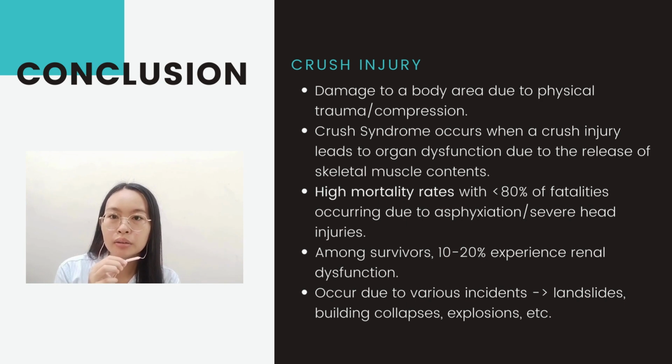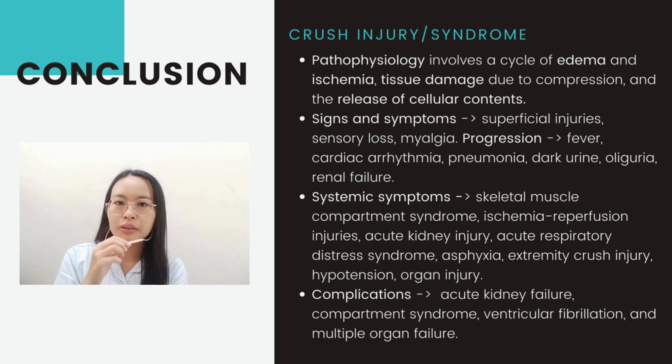Crash injuries can occur due to various incidents such as landslides, building collapses, and explosions. The pathophysiology of crash injury involves a cycle of edema and ischemia, tissue damage due to compression, and the release of cellular contents like lactic acid, potassium, purines, and myoglobin into the bloodstream, contributing to systemic complications such as organ